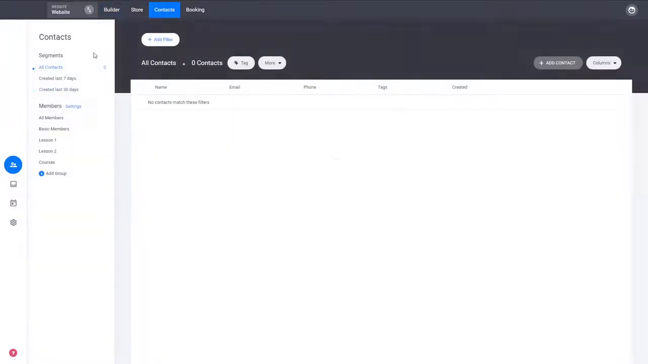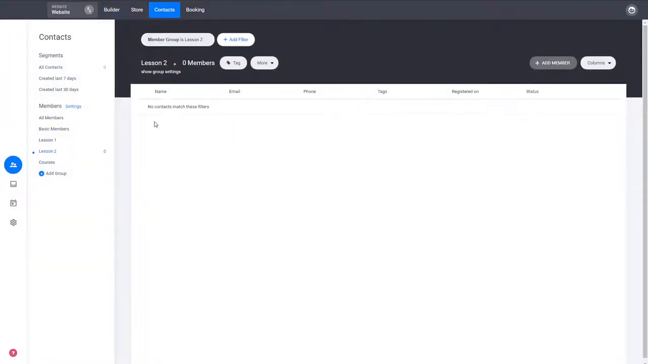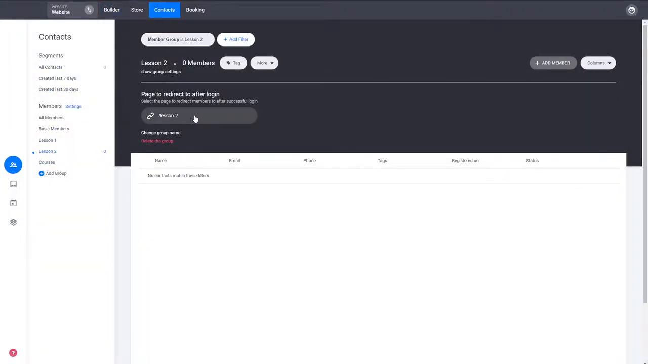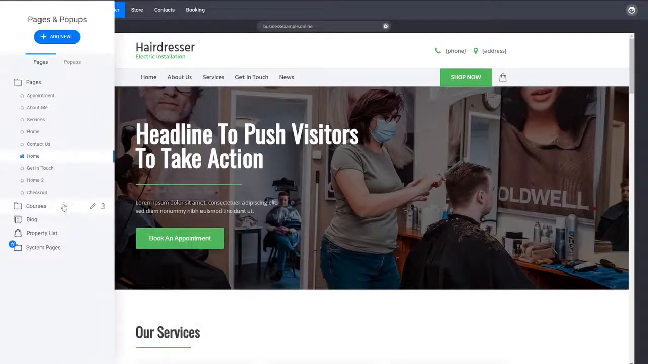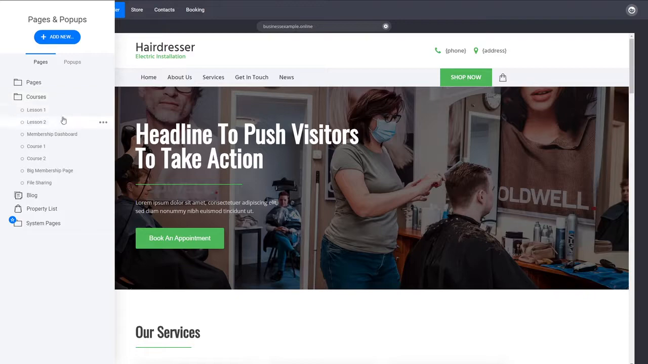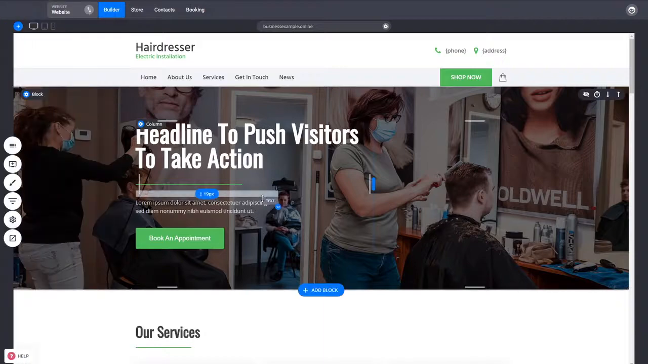Again, from the CRM, you create your membership group and your link to which URL would be the main one for this group itself. So if you have multiple courses, just link to your main one. And then from the builder, we restricted access so that these membership pages are accessible only by members in a specific membership group. Now in the next video, I'll show you how to sell access,